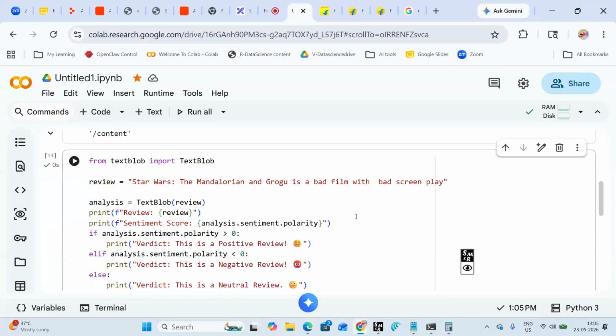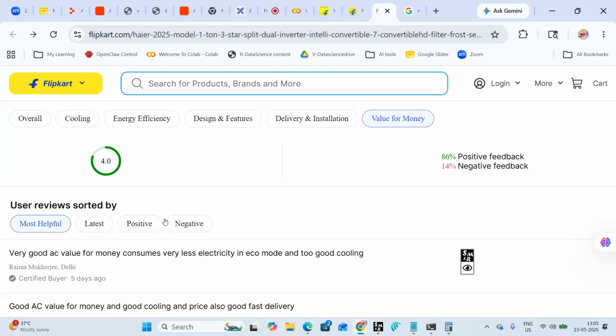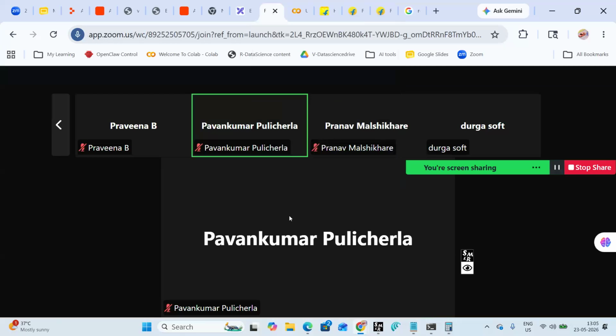Whatever people are writing in this, Flipkart might have used this library or some advanced library, that doesn't matter. But whatever library they are using, the conditions you write will be like this. Fortunately, if they are using Python, then it is code they are using. Understood? This is one of the real-time use cases. So I hope we learned how Python looks, and we have also completed a real-time example.